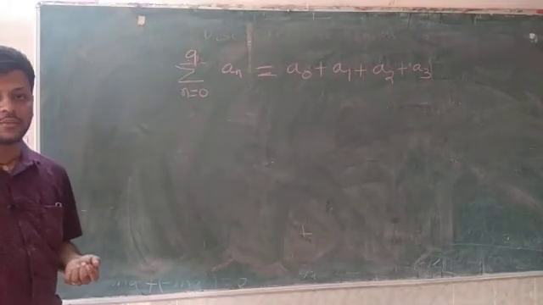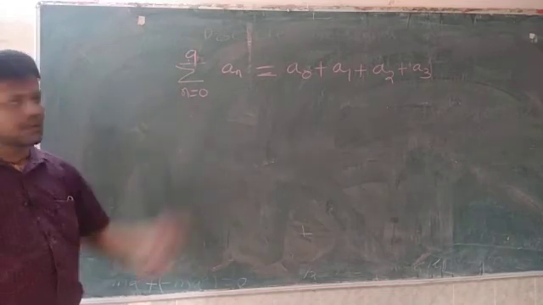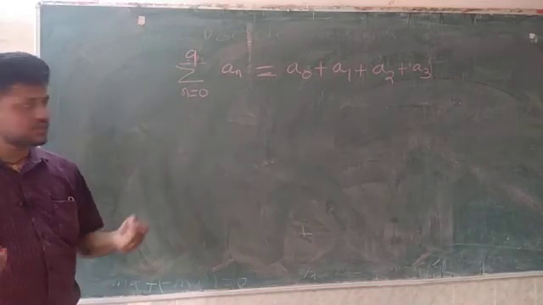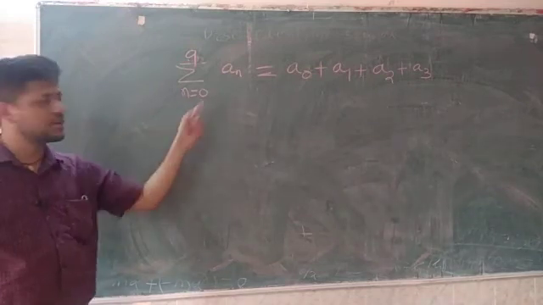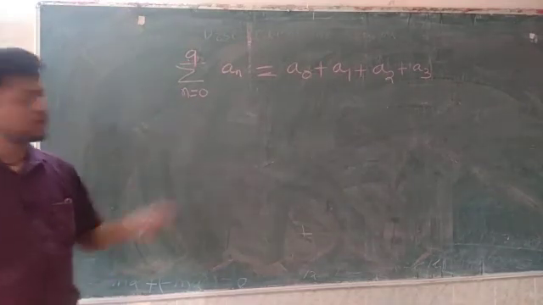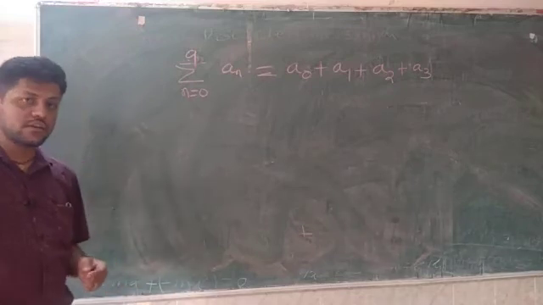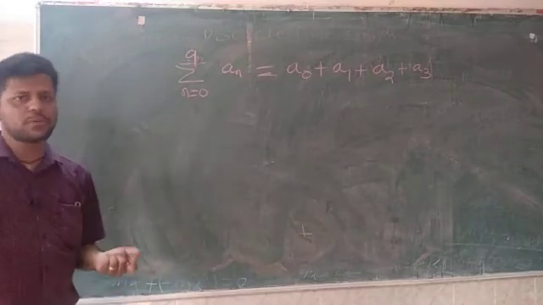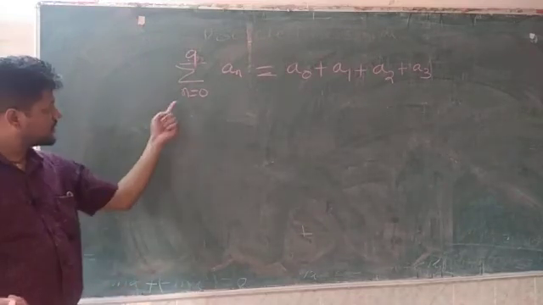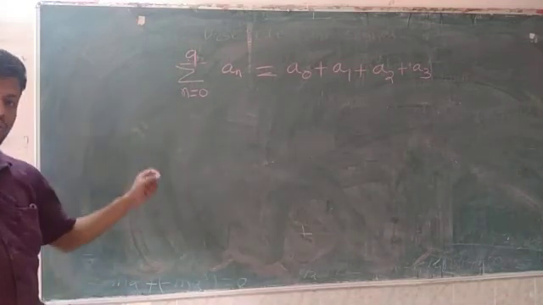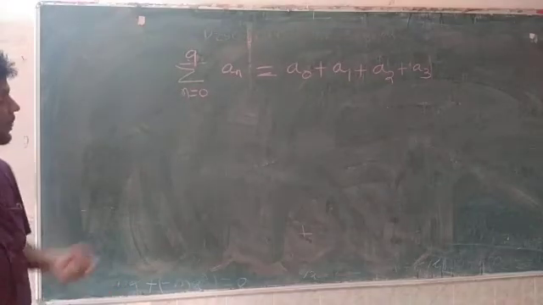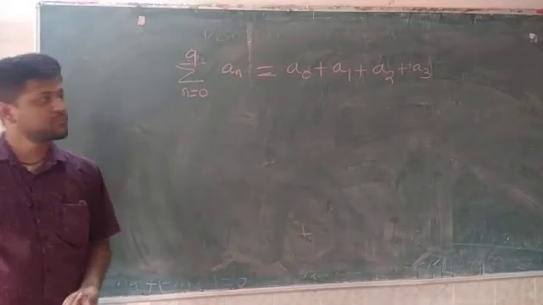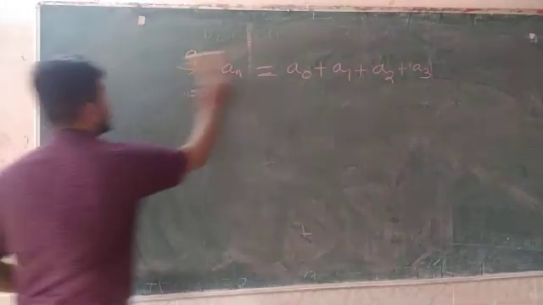Students generally make a mistake. The moment they see 9, they think there are only 9 samples, but they forget to include the n equal to 0 sample. If I start from 1 to 9, then obviously there are only 9 samples. Since I am starting the limit from n equal to 0 to 9, there are 10 samples including this 0. So now I am going to solve a few questions on the basics of signals.